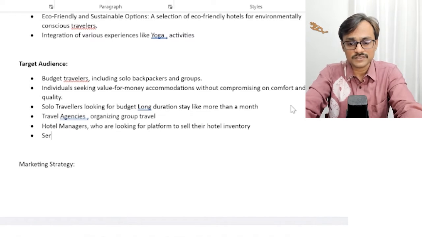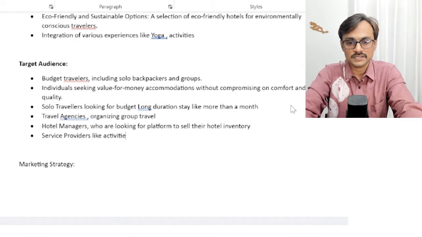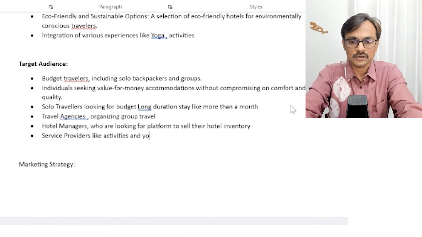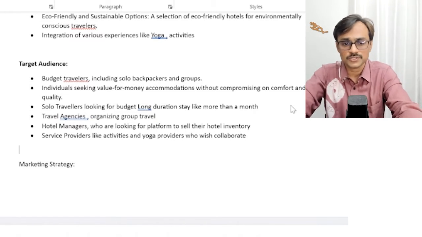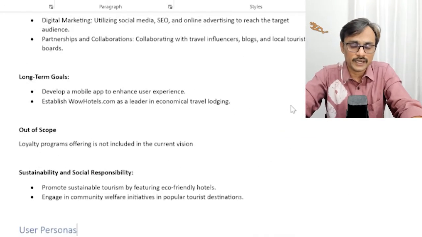And I also have a service provider like activities and yoga ones who wish to collaborate. So while working on the personas, I got these ideas clear and I can say, okay,